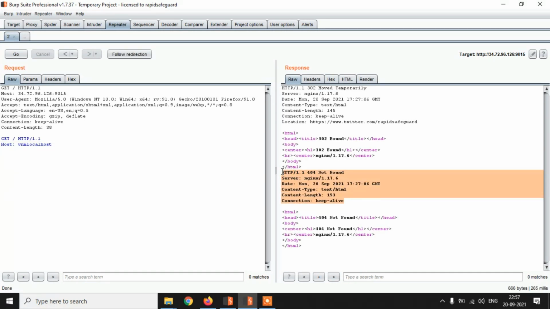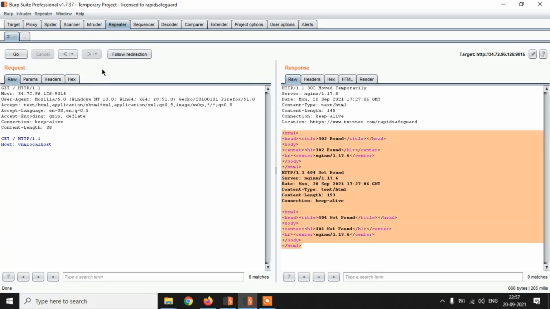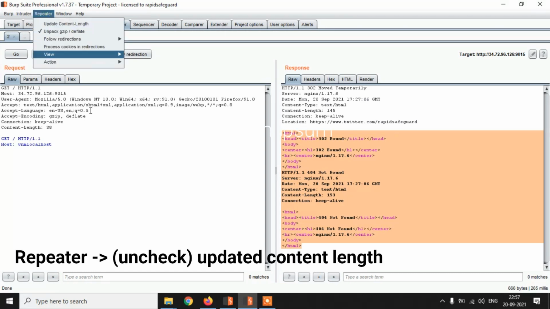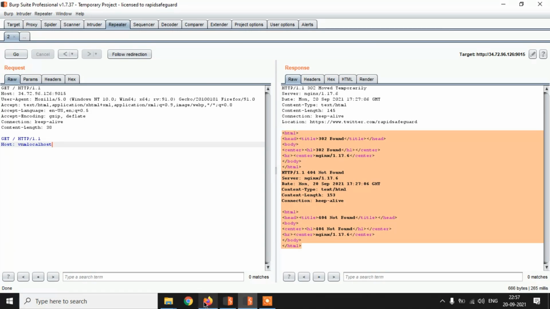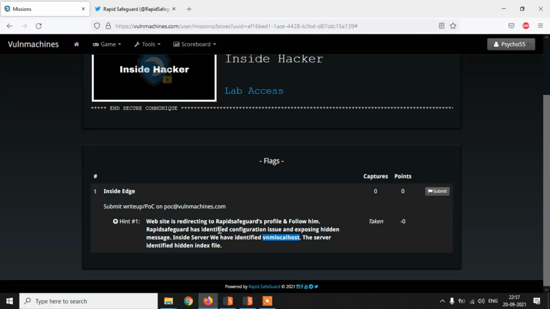As you can see, we have received two responses. Just uncheck this content length and send this request. We have identified the vhost localhost with the 404 response.